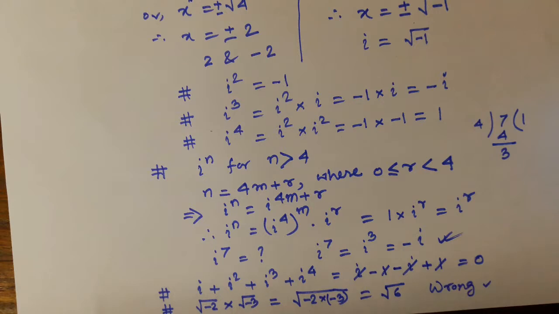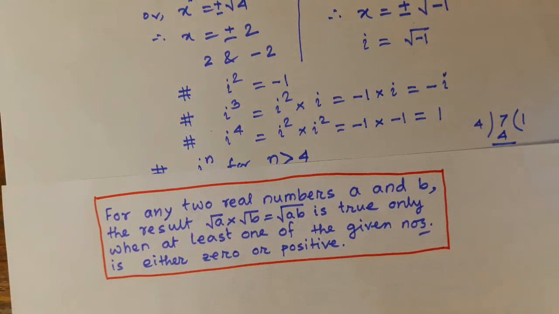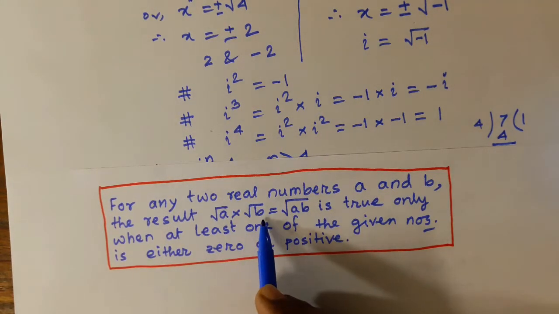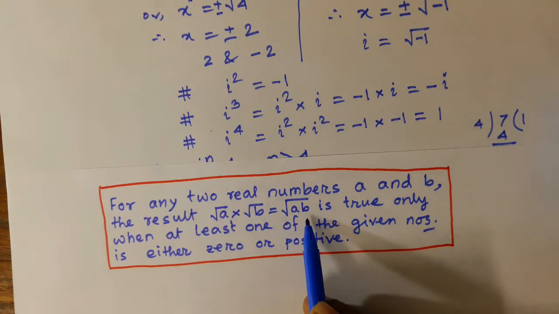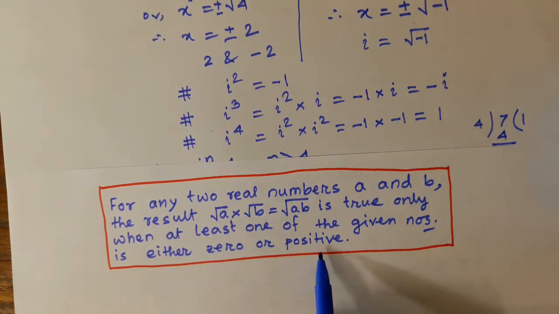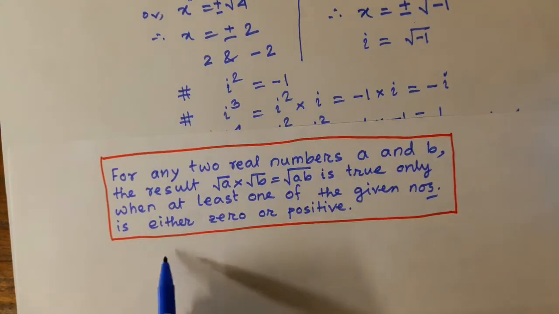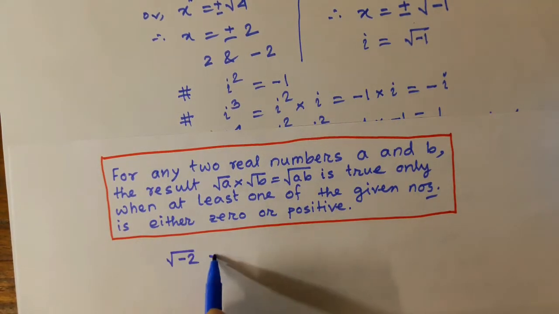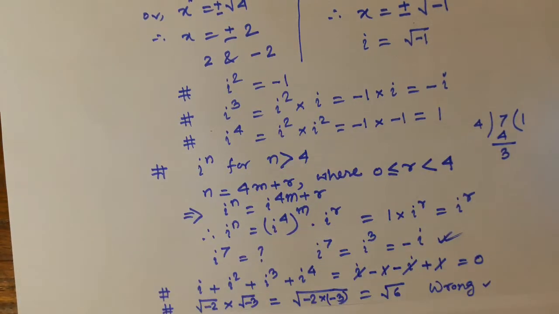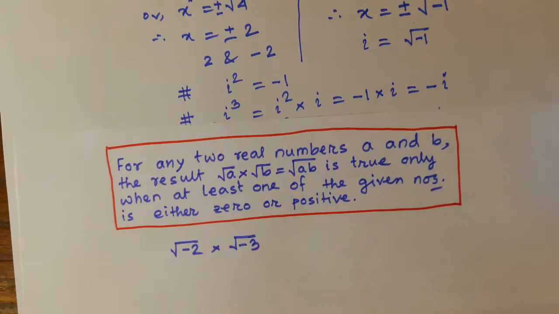for any two real numbers a and b, the result root over a into root over b is equal to root over ab. This is true only when at least one of the given numbers is either 0 or positive. Now what have we been given? This was root over minus 2 into root over minus 3. Both are negative. For these you can't write this as root over minus 2 into minus 3. So what to write? You have to write this as